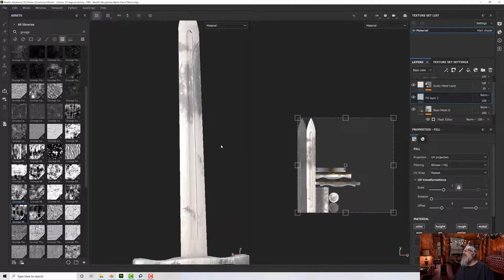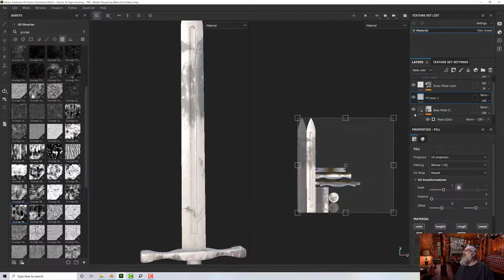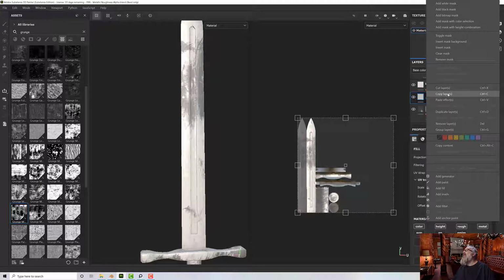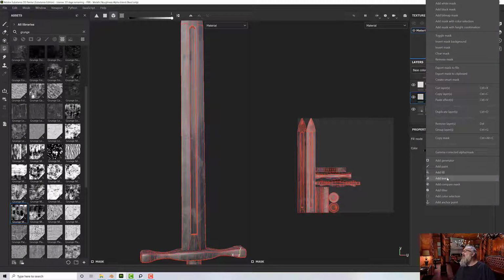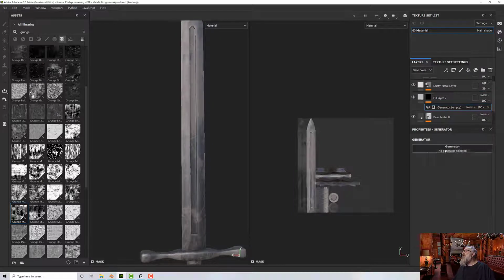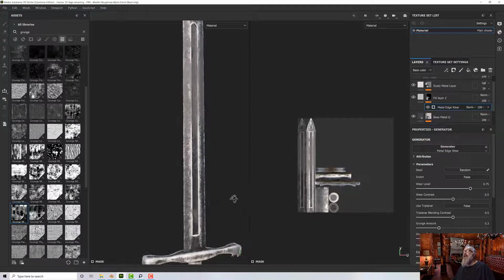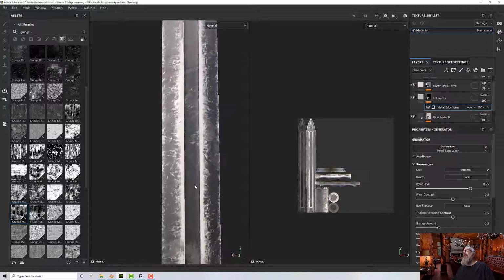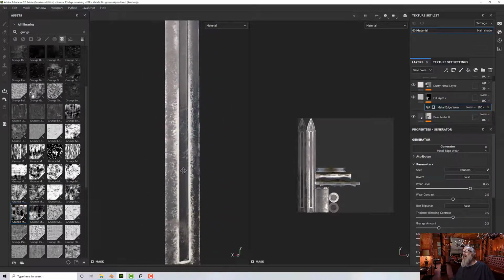It's a normal blend, but it's not doing much. It's everywhere. So we need to add something. First of all, I want to highlight some of the edges. So for that, we'll add a black mask, and then we'll add a generator. And because it kind of works in this situation, I use the metal edge. There we go. And you'll see that puts a kind of scratchy all over the place look, which is fine,